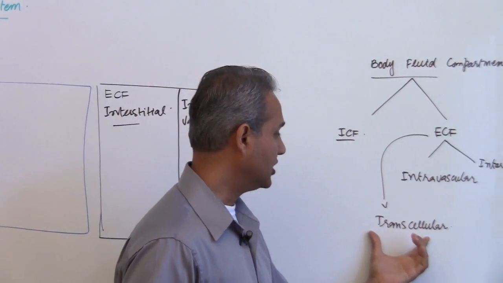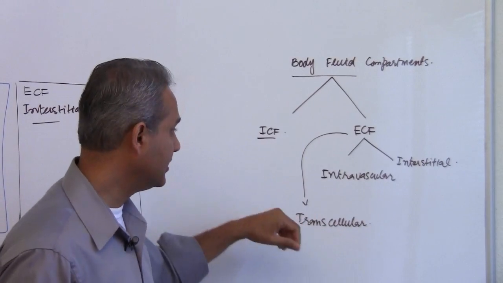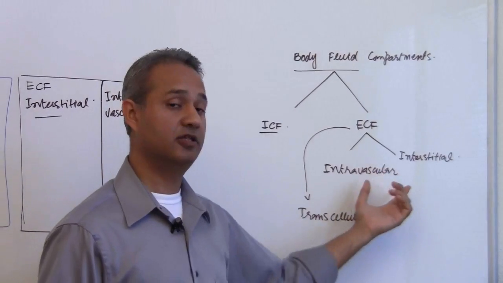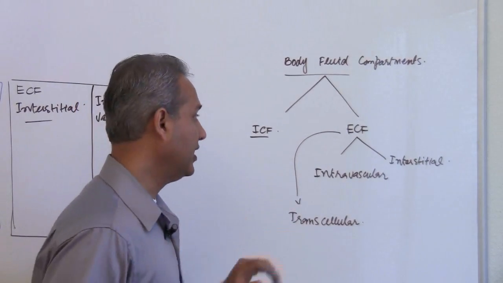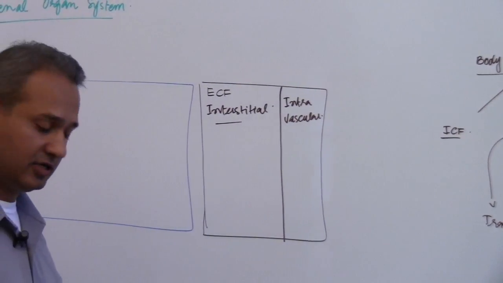So transcellular is also part of the extracellular. Another very important thing is that the composition of the transcellular is different from the composition of the other two compartments of the extracellular. So that is a dissimilarity. Okay, so these are the basic compartments which we have. Now,